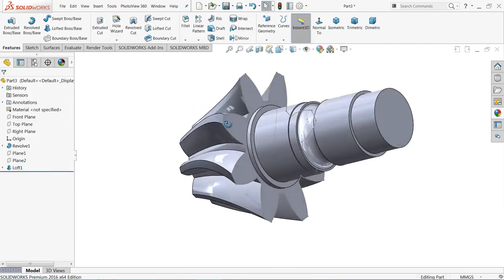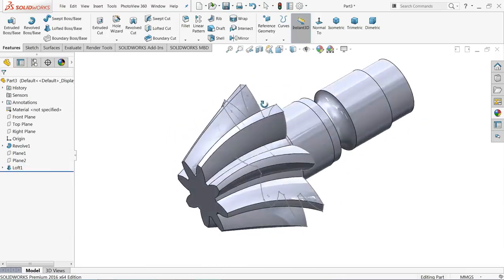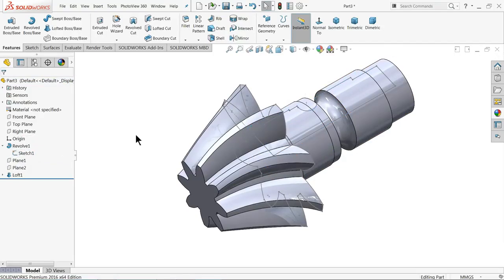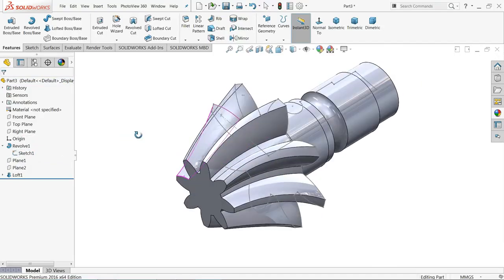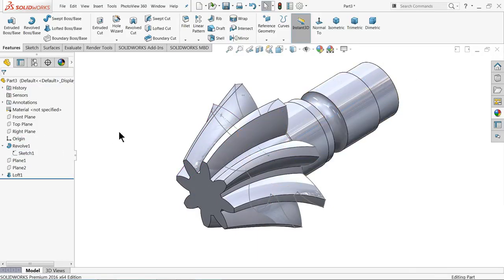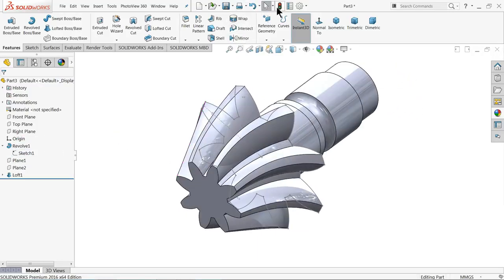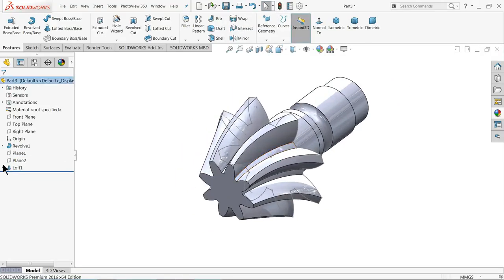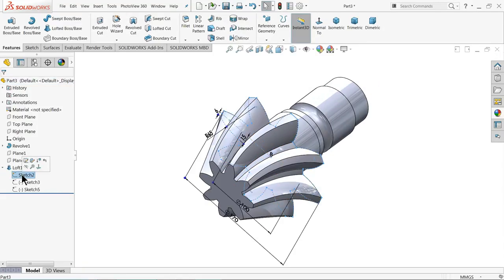now see, let me hide the first plane. Sketch 2, hide.